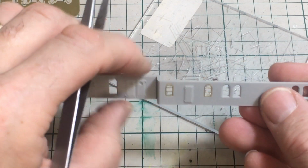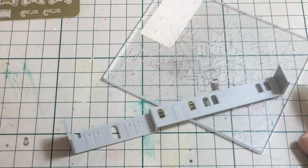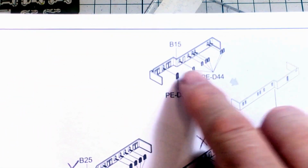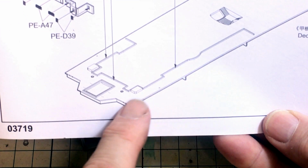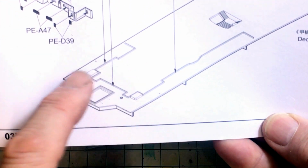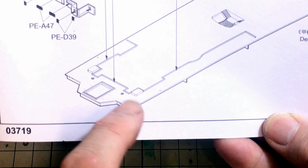There we are, sorted. That's two of the window frames done. You'll need to do all of them on this deck. So I'm working on this one, and down here is some of the deck planking to do. We can paint that, and I'll show you shortly how we can make the deck planking a little bit more